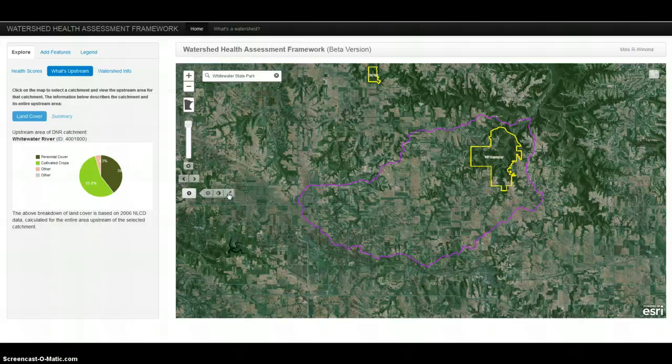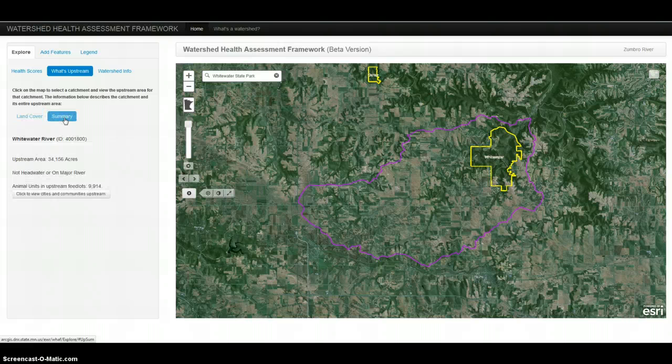So that's a little bit about the land that is contributing flow to the park that you might want to know about when you're concerned about issues inside Whitewater State Park. Let's also think about its connection to those political boundaries, communities and counties and so forth. Here in the summary piece about the catchment that we selected, you can find out how large that upstream area is, the number of units